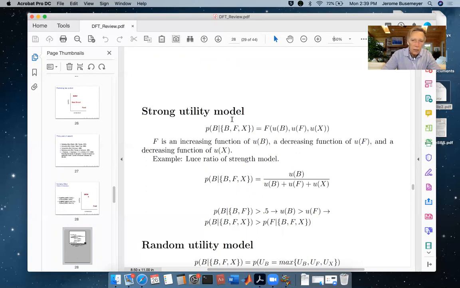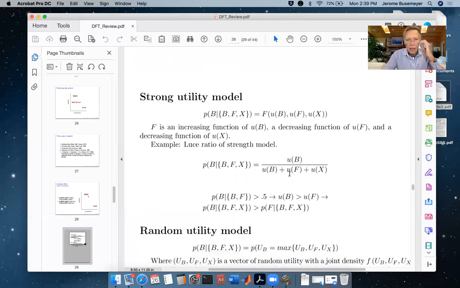Now that's a very general model, but that model cannot explain this violation of independence. It's ruled out by that model. An example of this model is the Luce choice model. The Luce choice model says the probability you choose the BMW would be the utility of the BMW divided by the sum of the utilities. And anyway, all of the models of this form